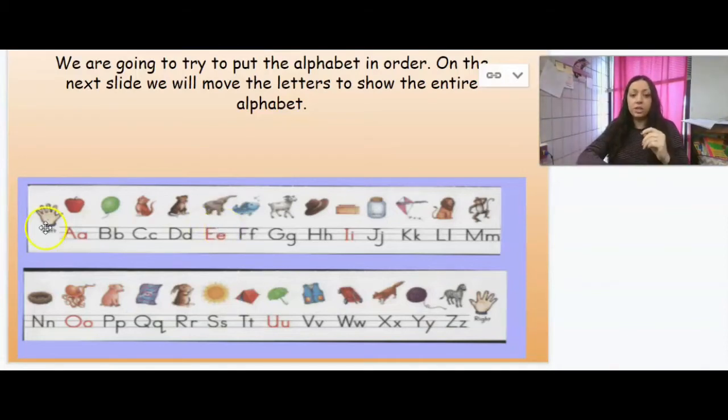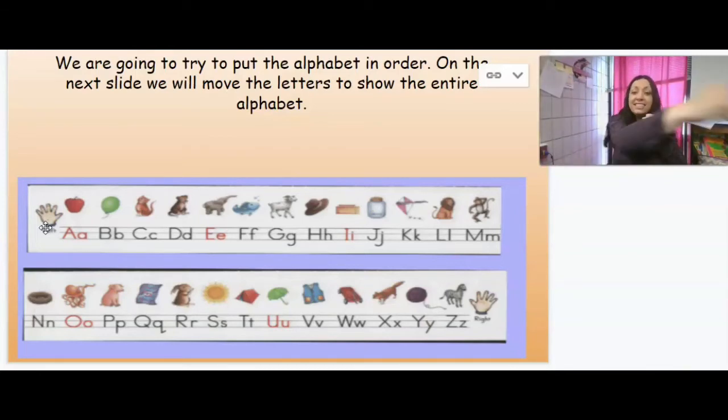What we're going to do is start with our initial letter, which is the letter A in the alphabet, and we're going to work all the way through our 26 letters to our final letter, which is the letter Z. So we're going to punch it out. We're going to say the letter, and then we're going to say the sound. Are you ready? So A,